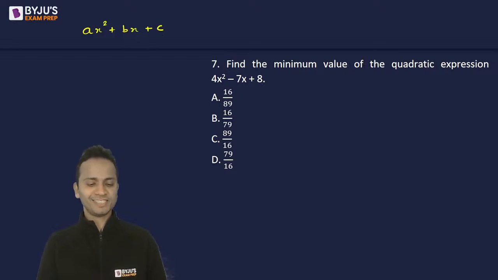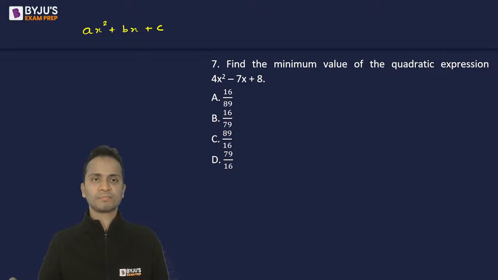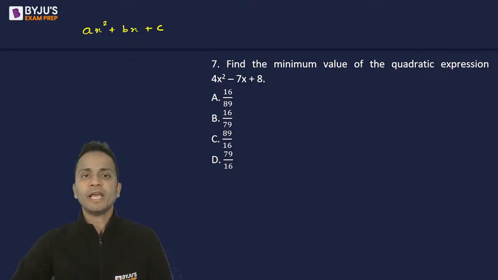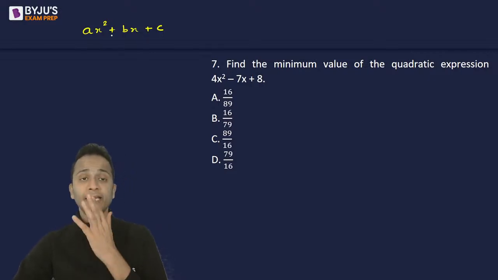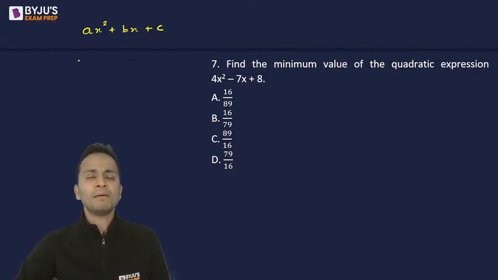Any answer for this? No? Okay. Now for any quadratic expression, ax square plus bx plus c, maximum or minimum value exists when x